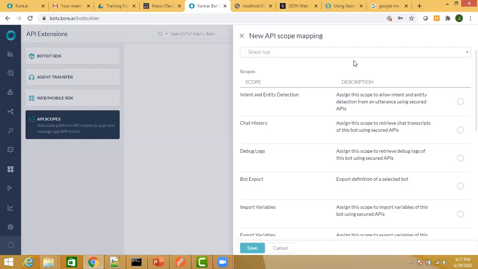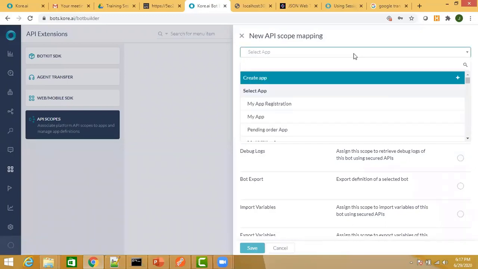So for that, since you are going to call a functionality within our bots platform from outside the platform, there is a need for authentication of that call. And our platform authenticates any call using the JWT, or the JSON Web Token. To generate the JWT, you need a client ID and secret, and that client ID and secret gets created when you create an app within a bot. So when you create an app, the platform will generate a client ID and secret for that particular bot. And this client ID and secret can be used to generate the JWT.